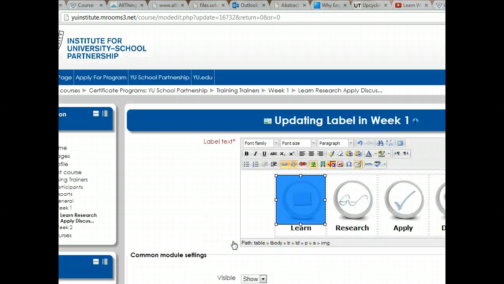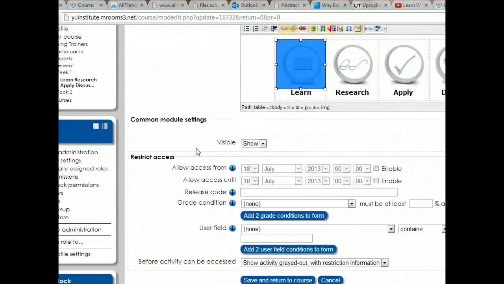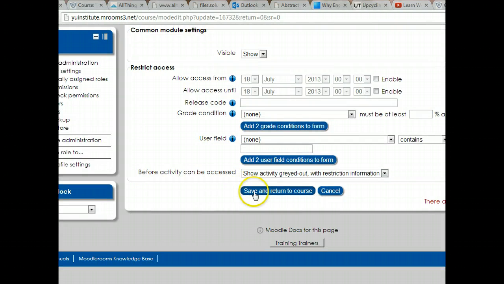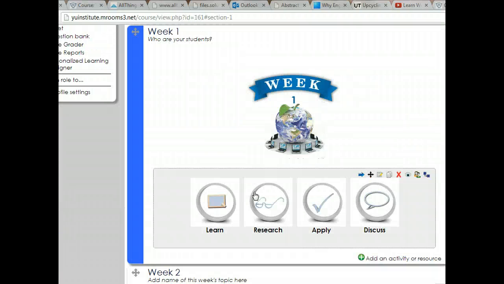Before I can leave this page though, I need to make sure that I have saved it. Now a good thing about the Moodle site is that if it senses that you've made changes, it won't allow you to leave the page. It'll ask you, are you sure you want to leave the page? In which case that's your time to ask yourself, wait, what did I do? Did I save it or I didn't save it? So make sure that you hit save, so that when I go into the Learn section,